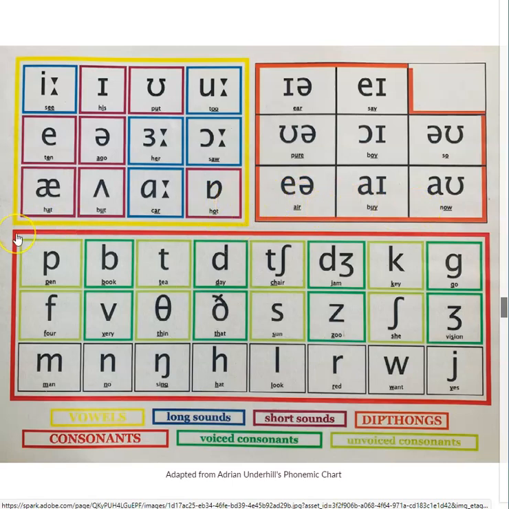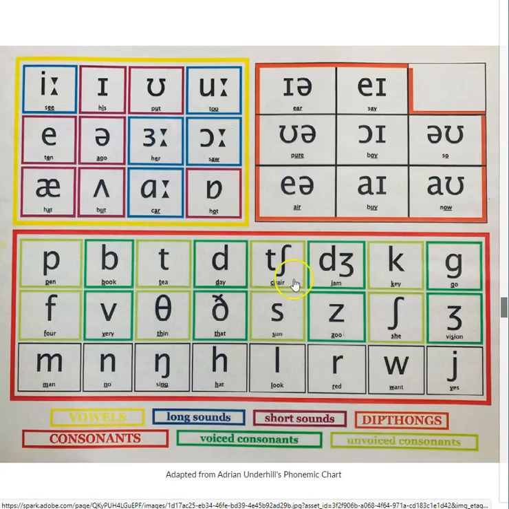The bottom half of the chart contains the 24 consonant phonemes of English. With these ones there are pairs of voiced and unvoiced. So if you look at the first two, this one is p as in pen, and that's unvoiced. And we add the voice and it becomes b as in book, t as in tea, d as in day,